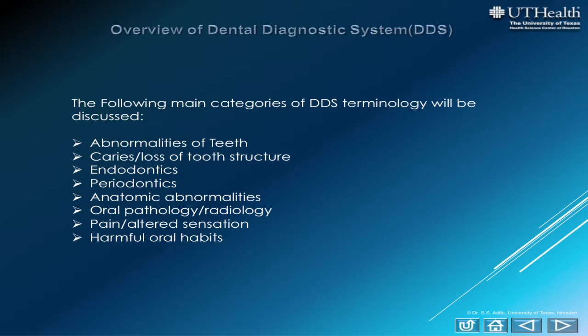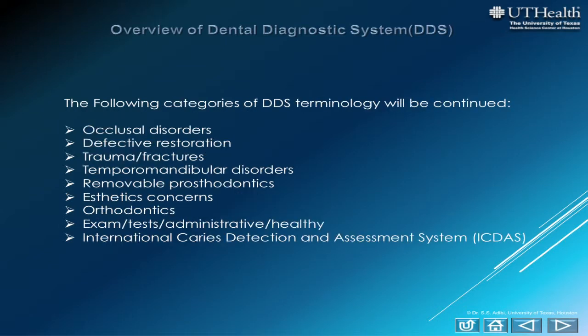The following is a list of the main categories of DDS terminology. Abnormality of teeth, caries or loss of tooth structure, endodontics, periodontics, anatomic abnormalities, oral pathology and oral radiology, pain or altered sensations, harmful oral habits, occlusal disorders,